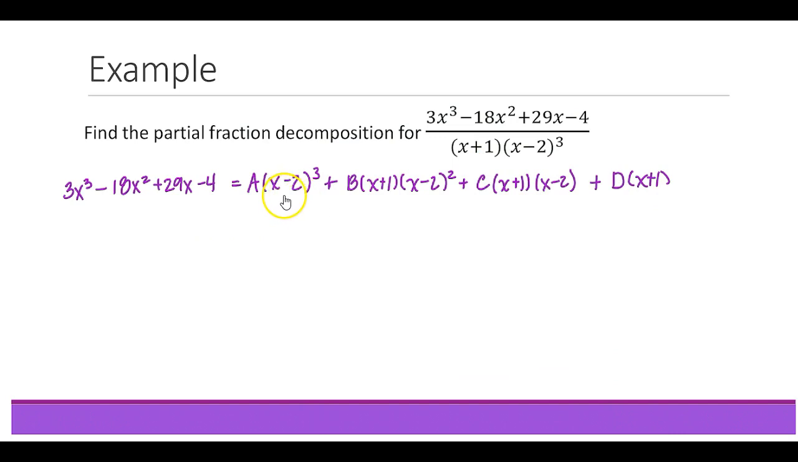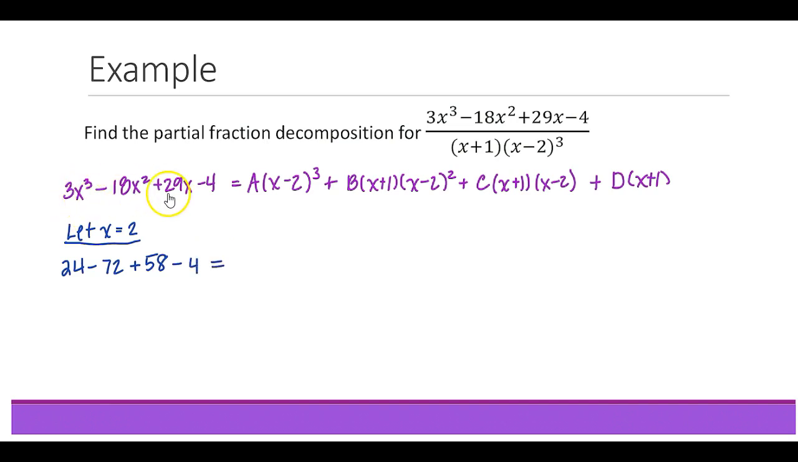So what we can go ahead and do is start by letting x equal 2 in this equation, and that will zero out these first 3 terms over here that have the quantity x minus 2 in it. So if I let x equal 2, then on the left hand side I'm going to plug x equals 2 into each x, and that's going to give me, let's see, 24 minus 72, 18 times 4, and then plus 58, 29 times 2, minus 4